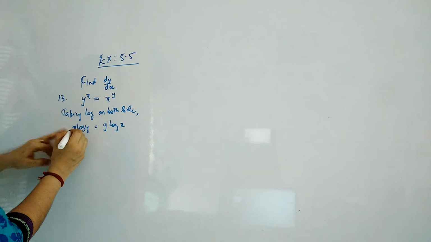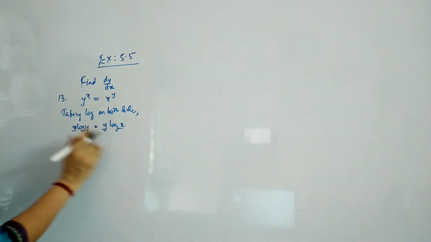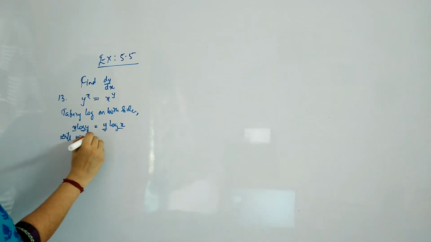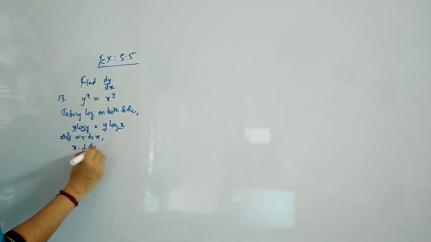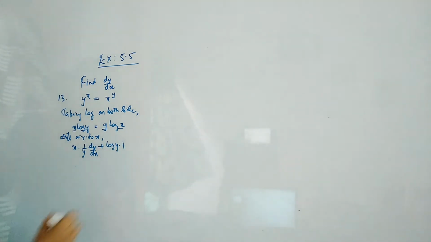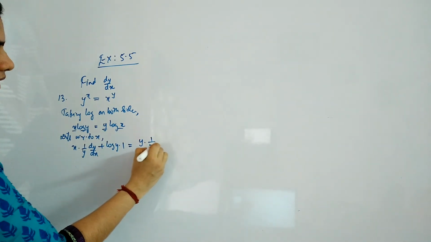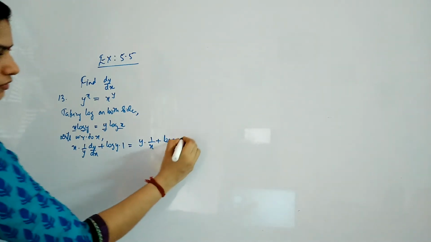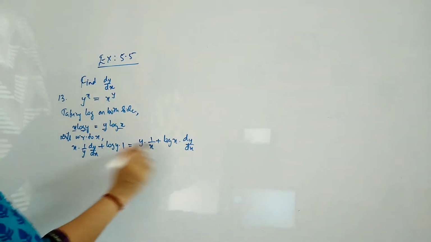Okay. Now you have again two terms here and two terms here. You can use your product rule for both the sides. So differentiating with respect to x will give you x into derivative of log y is 1 by y into dy by dx plus log y into derivative of x is 1, is equal to y into derivative of log x, 1 by x, plus log x into derivative of y. What is derivative of y? Dy by dx. So if you are not writing this term, then you will get the wrong answer.